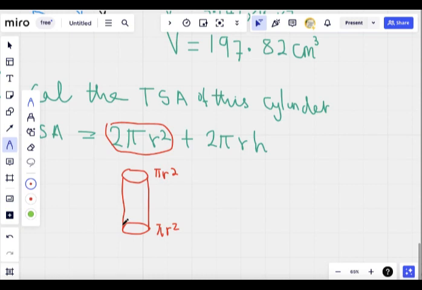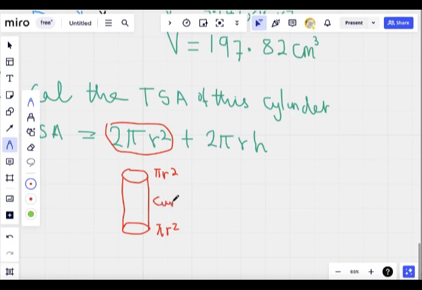If we cut the water bottle and spread it out, we will get what? If you take a knife and cut it and spread it out, this curved body